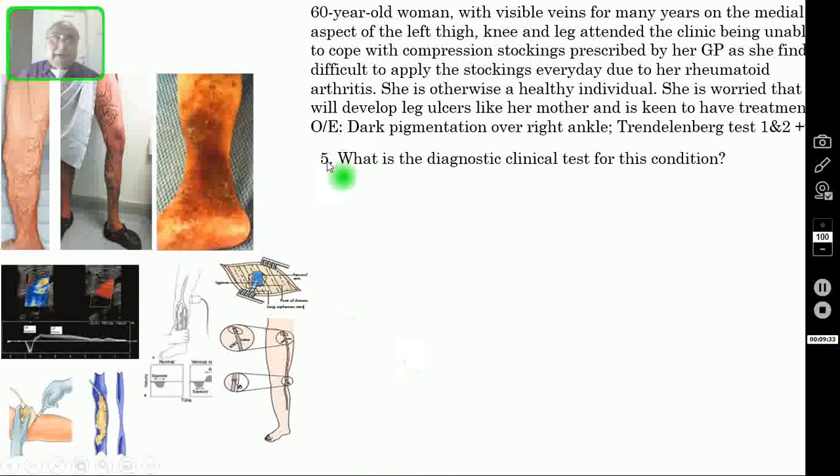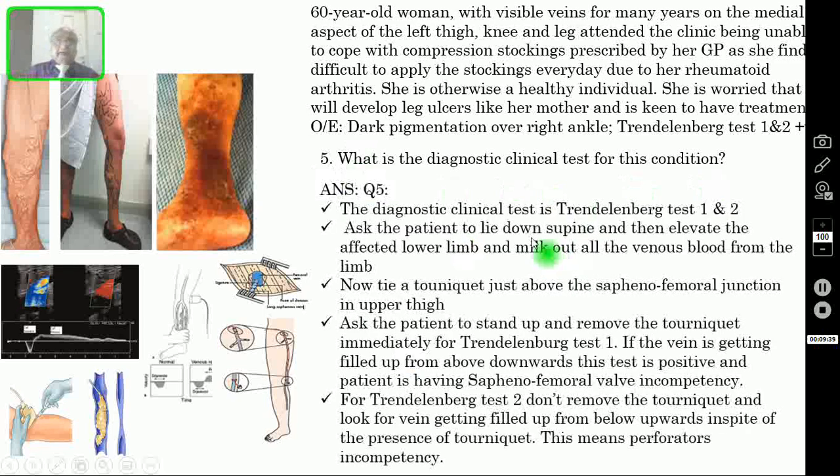Question number 5. What is the diagnostic clinical test for this condition? The diagnostic clinical test is Trendelenburg test, both 1 and 2. Ask the patient to lie down supine, and then you have to elevate the affected lower limb and milk out all the venous blood from the limb. Then you have to tie a tourniquet just above the saphenofemoral junction in the upper part of the thigh. Now you ask the patient to stand up